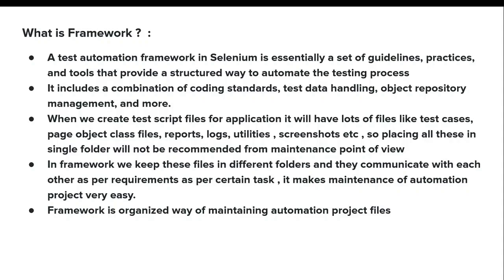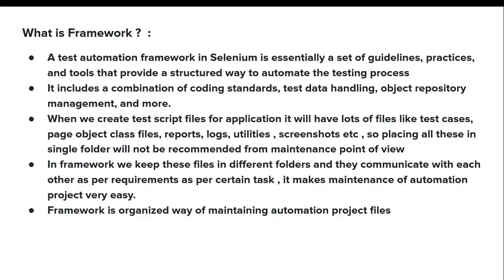In a framework, we keep these files in different folders and they communicate with each other as per the requirements of a certain task. All the test files, log files, utility files, page object class files, and whatever files we use in our test automation project, we organize them as per the task they perform.